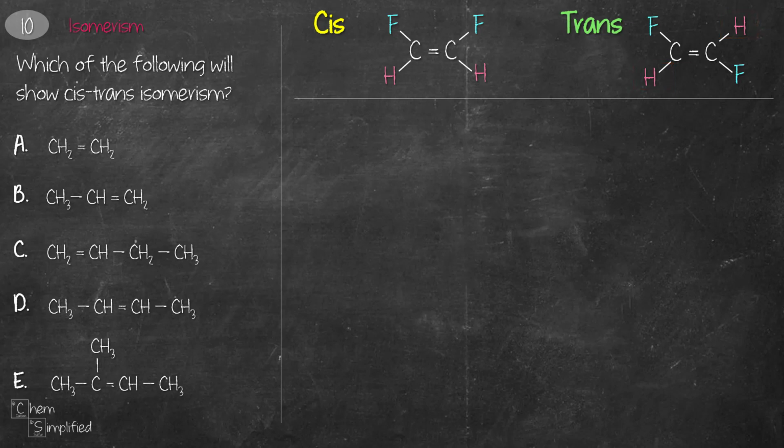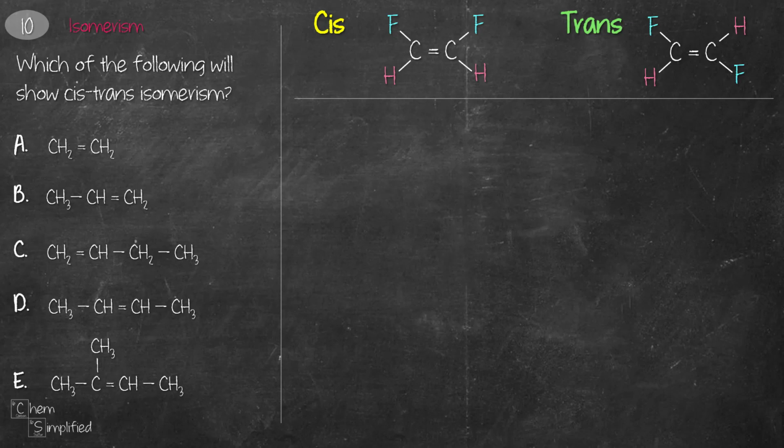That's basically how we look at cis and trans. So the requirement for us to have a cis or a trans isomer is that we need to have 2 different groups attached to that same carbon. Just like what we have in our cis and trans, each of the carbons has a fluorine and a hydrogen. This is just an example. It can be anything as long as it's 2 different groups.